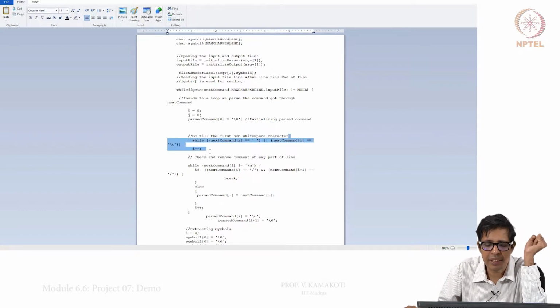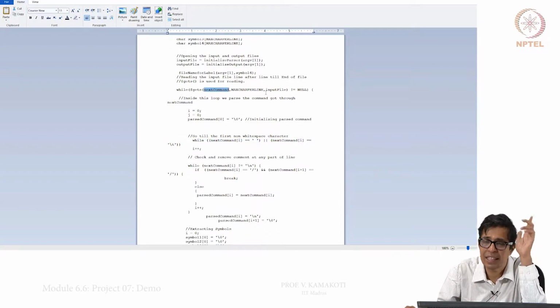I remove all the white spaces that are before the first character in the line I have read into the next command buffer, as in the case of your assembly. I go through till I get the first character, and if the first character is not a newline, or not a comment, then I keep